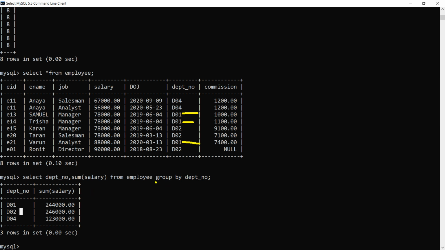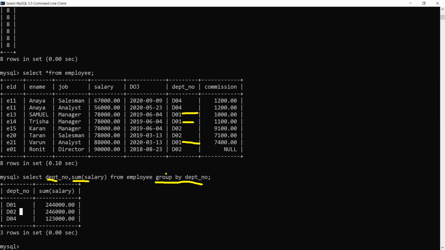First it has grouped the department number, then displayed the department number and total salary department wise. So what will be the query? To display the total salary department wise, this query will be good enough.